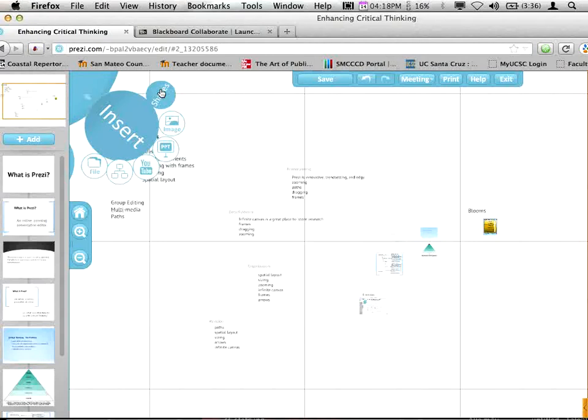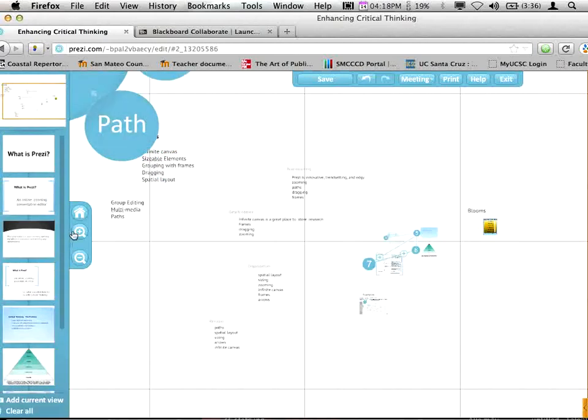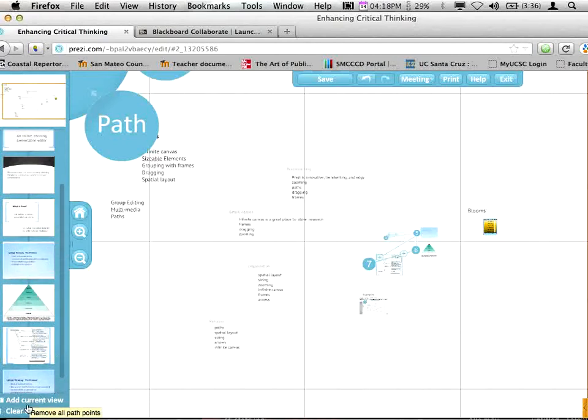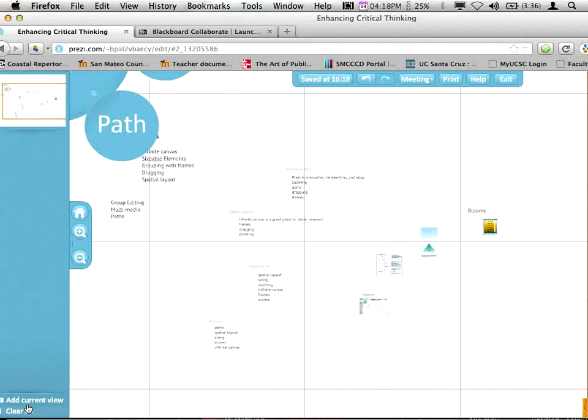Okay, so one final thing I want to show you, and this is one of the most important tools that I use for my writing classes, which is after you have got all of your information together, you do something called setting a path. And I'm just going to go over here, completely get rid of this whole thing, by clearing all of the paths. So the presentation that I showed you earlier is now gone, the order of the slides that I showed you. Instead, what is left is my canvas. And each and every time I show this, I can clear this path and make a new presentation.